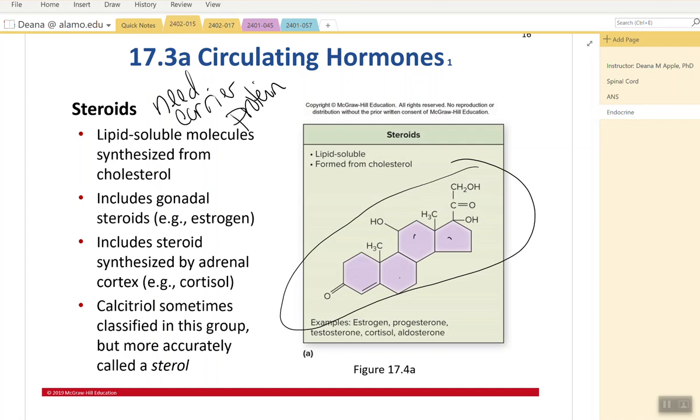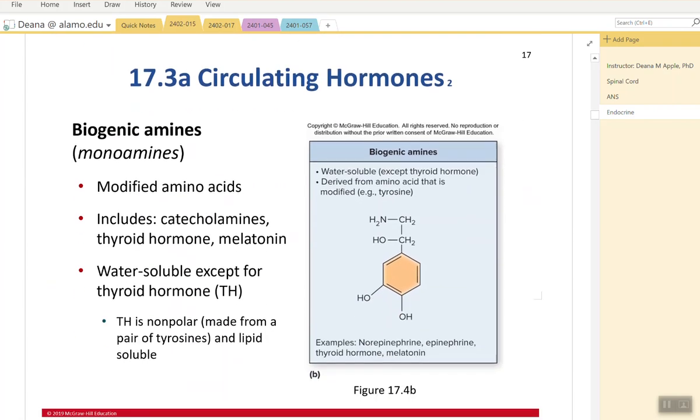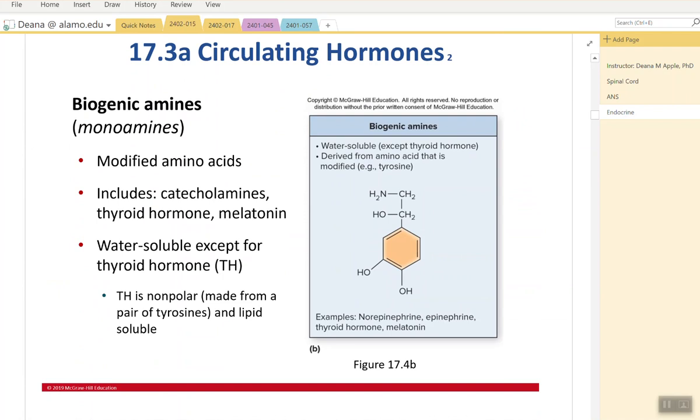Calcitriol is sometimes included, but it's not really a steroid-based hormone. It's a sterol. There's a difference. So we're not going to call calcitriol a steroid hormone. You guys remember what calcitriol does? It tries to break down bone to release calcium. Doesn't break down calcium. Not exactly. Okay, so another